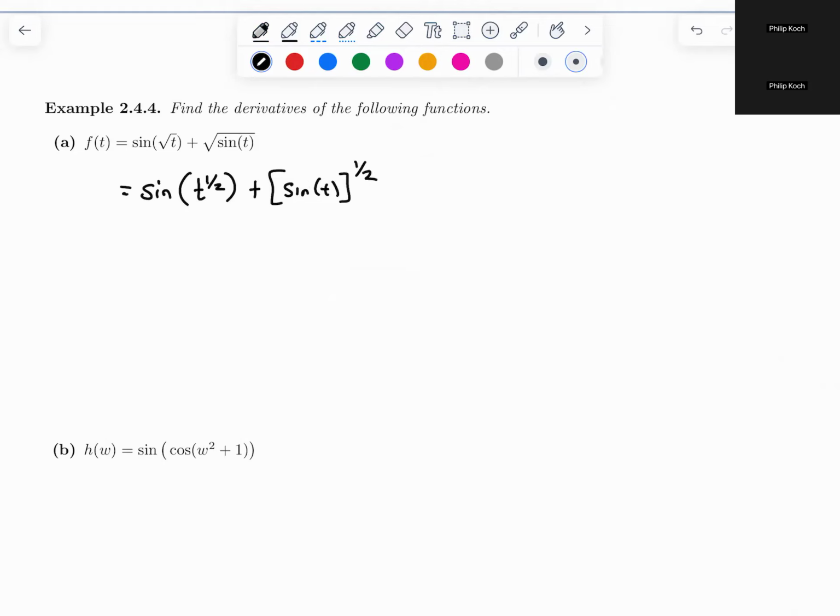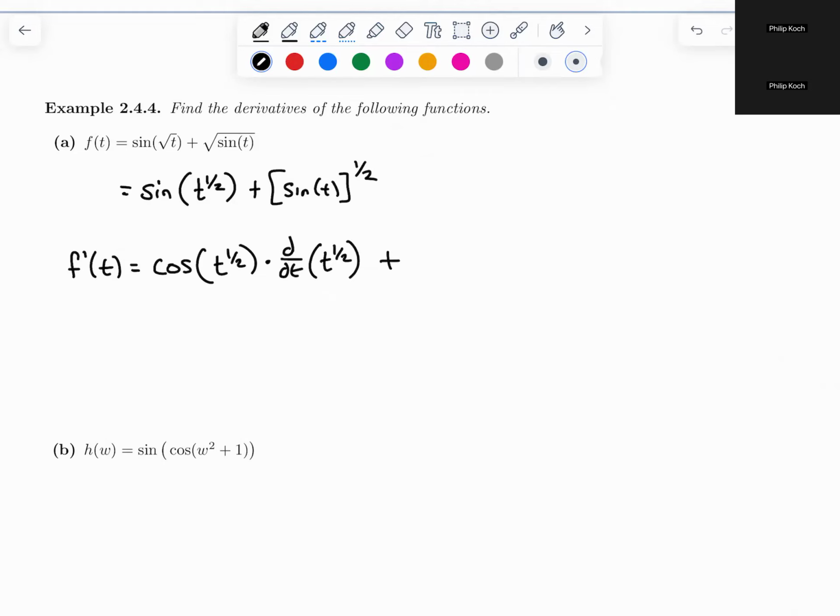So that is two separate chain rules. The outer function for the first piece, the first term, the outer function is sine. The second term, the outer function is the 1/2 power. So f prime of t, the derivative of sine is cosine of t to the 1/2 times the derivative of t to the 1/2. So we'll even write that down, d/dt of t to the 1/2